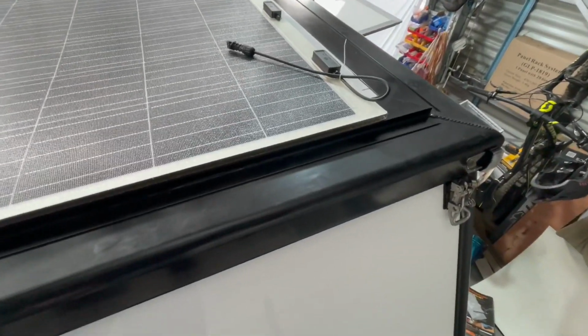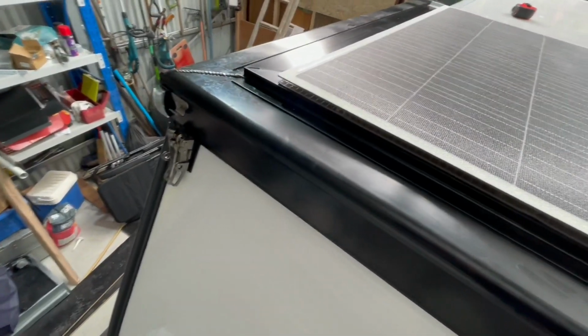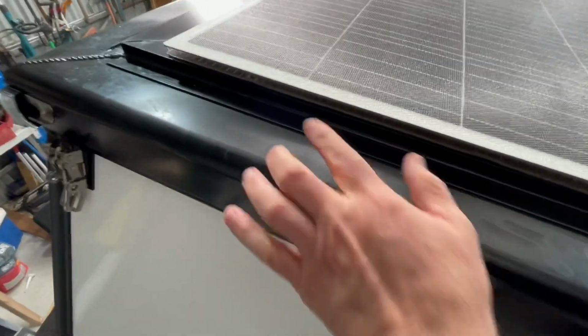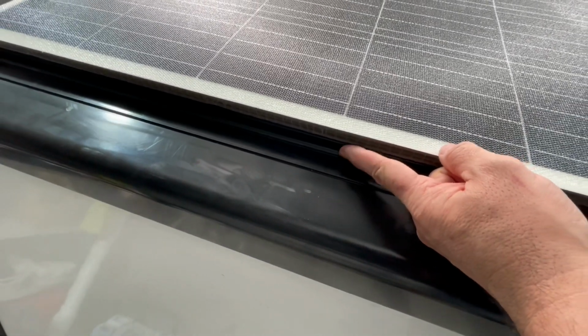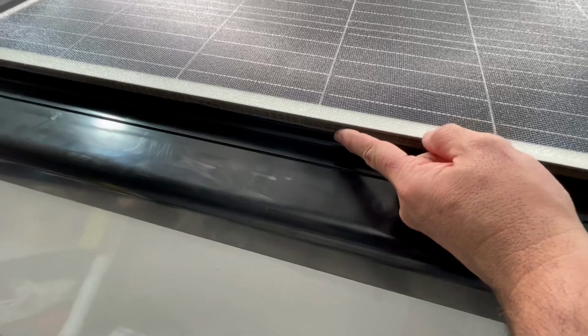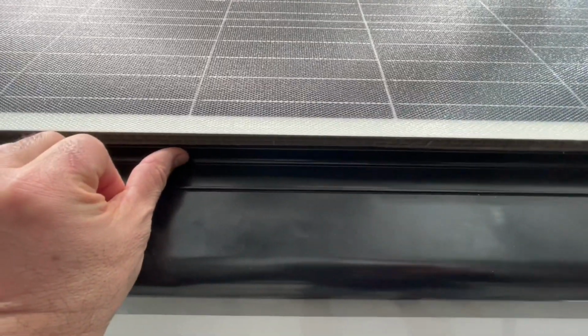There we go, just got to get the tape off the back, lift it up, turn it over, drop it back down and hopefully line it up. So you can see that front edge there sits flush with the lip I've got here, which is the roof panel sheet step up. Looking at that, I reckon I've got an opportunity to glue in a bit of angle